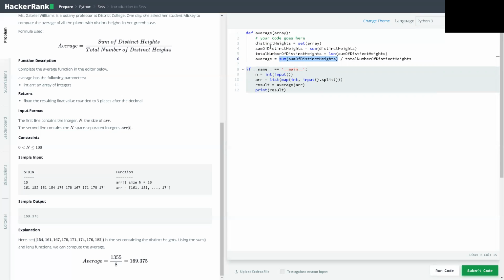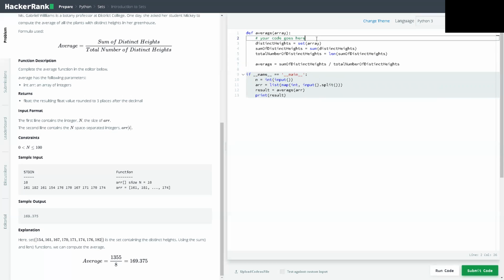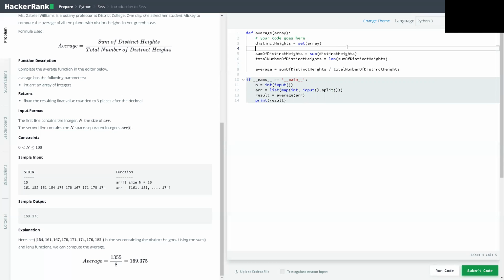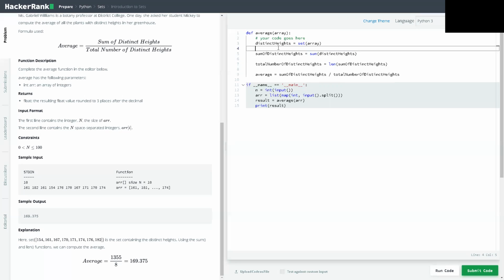Instead, we will use this, right? So that is going to be sum of distinct height, right? Okay, so now it's more clear and understandable. All right, here, see. So this is distinct height, so we make it distinct, and then after that we find